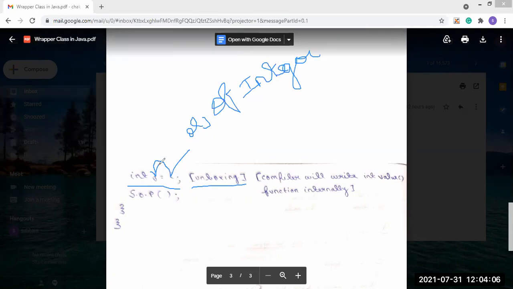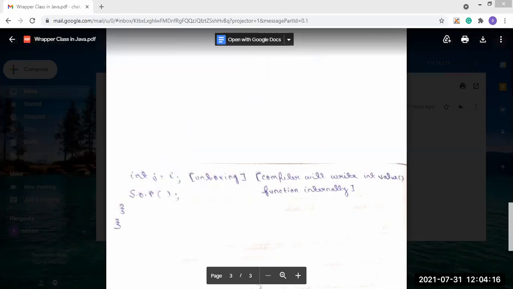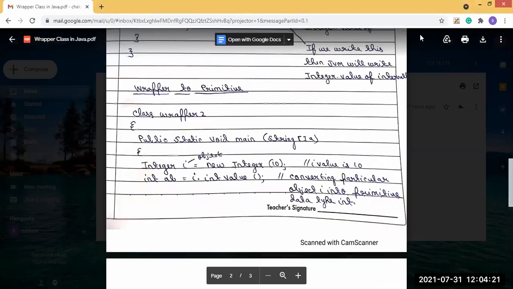So if we write this statement directly, these operations will still be performed. The operations I discussed previously, the compiler will do automatically.